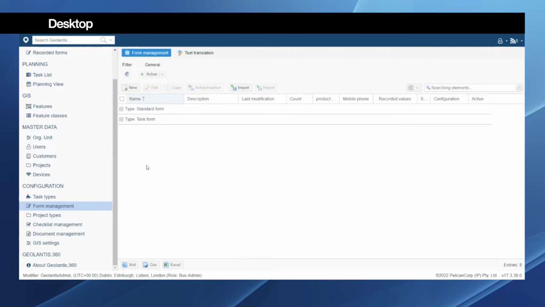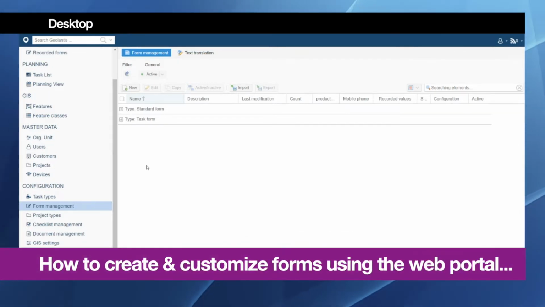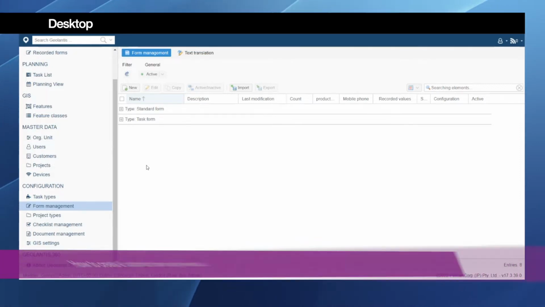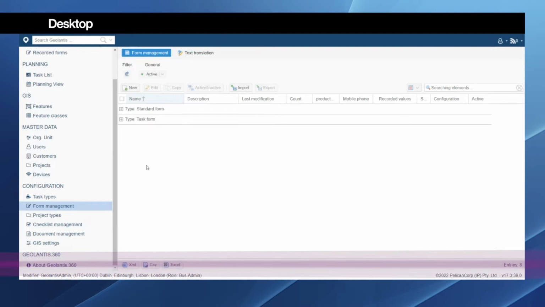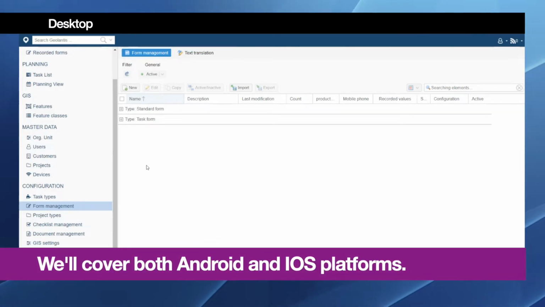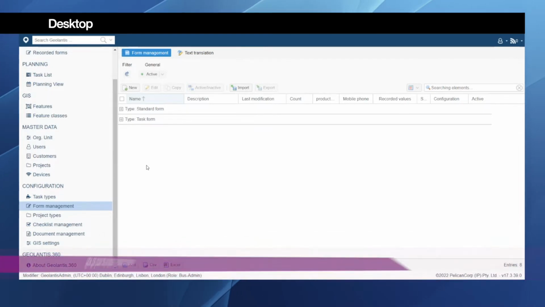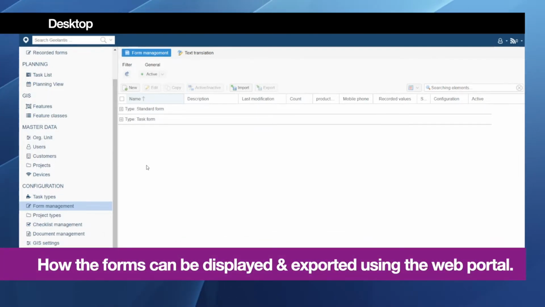In this video, we will explain how to create and customize smart forms on the Geolantis.360 web portal. Then we will demonstrate how such forms can be completed by the operators or surveyors using the Geolantis app on an Android or iOS phone or tablet. And finally, we will show how the completed or recorded forms can be displayed on the web portal and exported